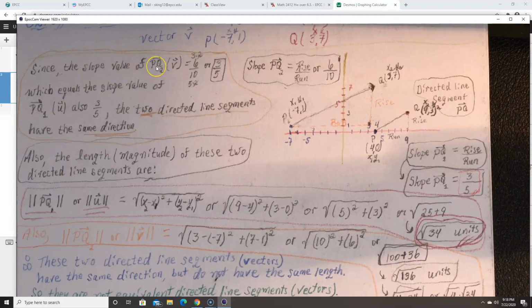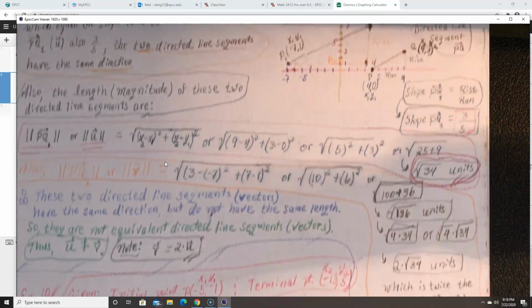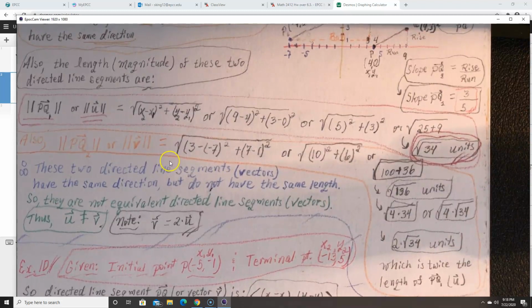Since the slope value of the second directed line segment PQ is 3/5, which equals the slope value of the first directed line segment PQ1, the two directed line segments have the same direction, as I just mentioned. Also, the length, or magnitude, of these two directed line segments, or vectors, we have already found by now. This one was double the magnitude of this one. Therefore, these two directed line segments, or vectors, have the same direction, as we mentioned, because of the same